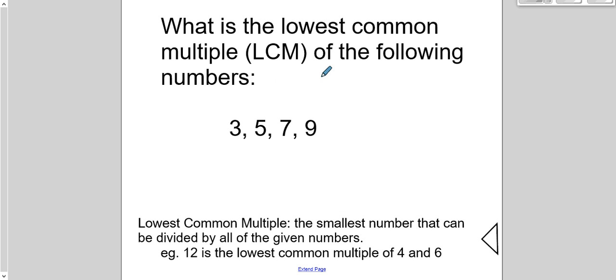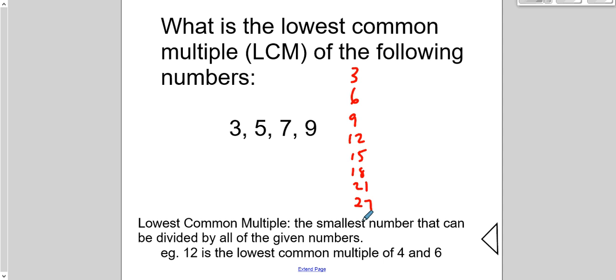Move that down for now. So the lowest common multiple. So if you think about it, there's different ways that you can strive for it. But what you're trying to look for is what number you can divide by 3, you could divide by 5, you could divide by 7, and you could divide by 9. So one way you can do that is kind of writing out a list. So I could start with multiples of 3. So 3, 6, 9, 12, 15, 18, 21,